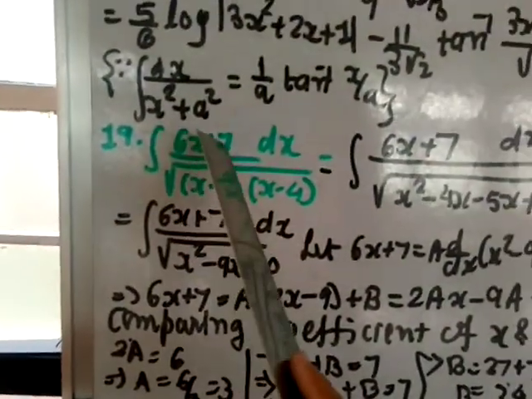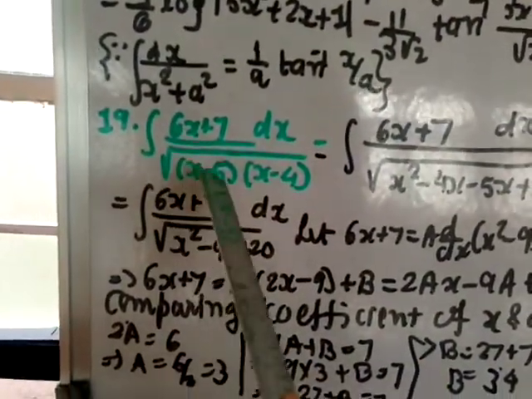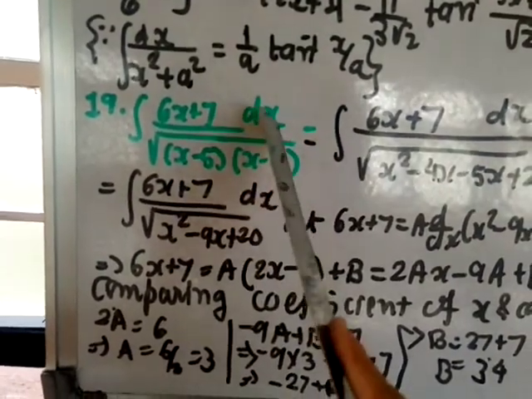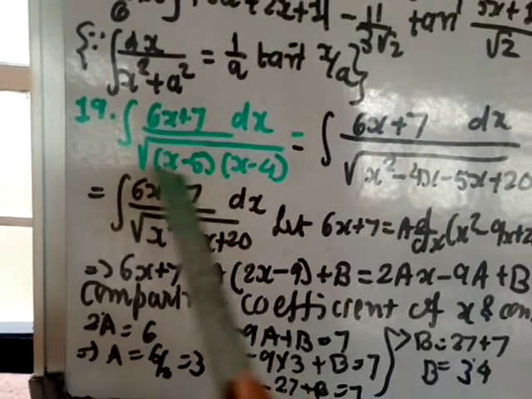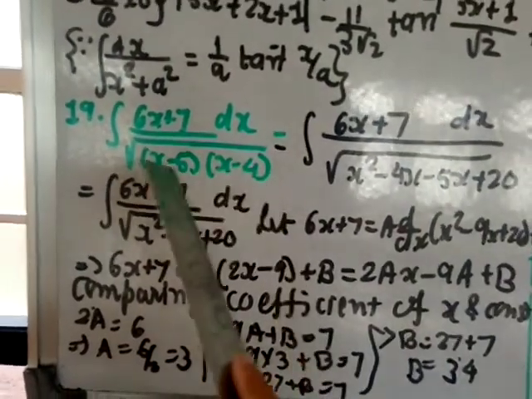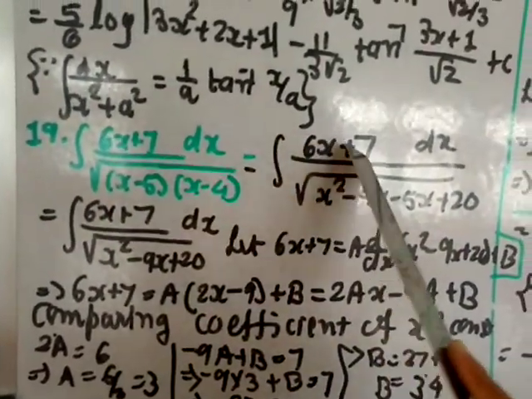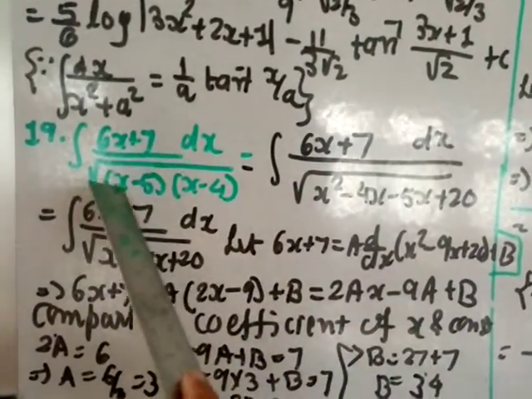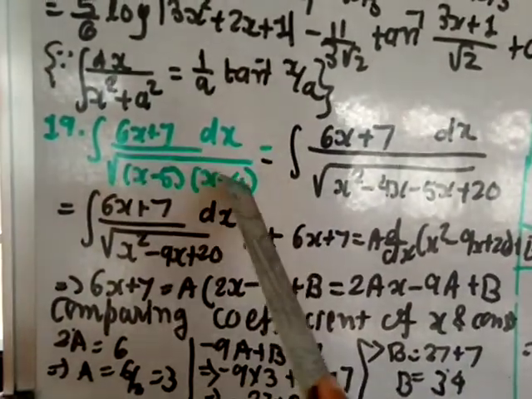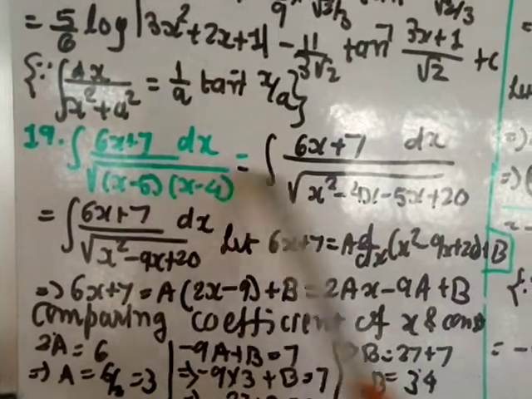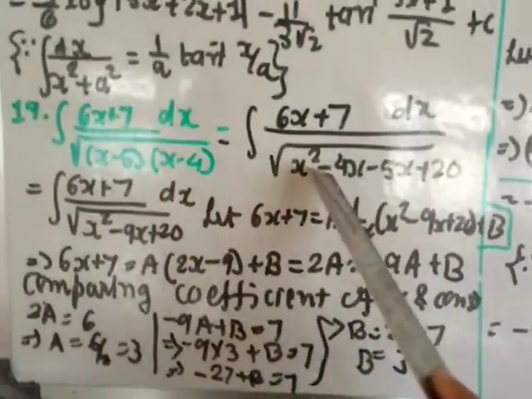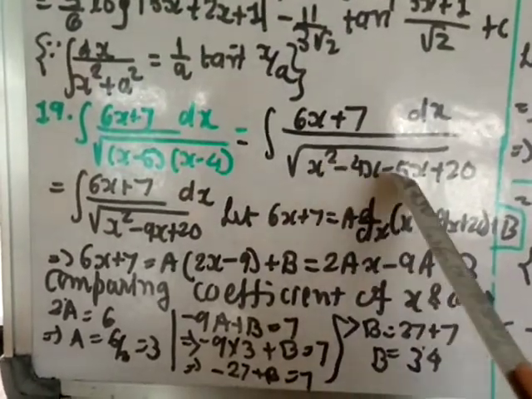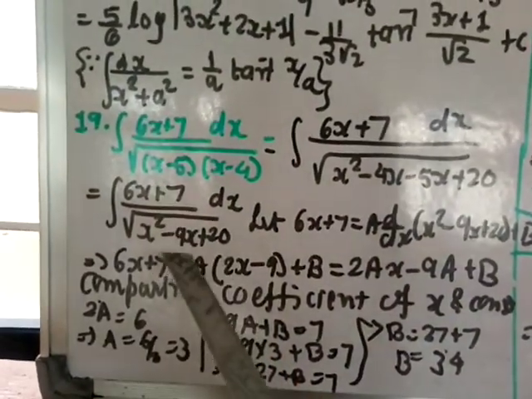Question number 19. Integral 6x plus 7 divided by square root of x minus 5 into x minus 4 dx. This also we are going to use the same method. But first I will make this a quadratic polynomial, so I will multiply this. So 6x plus 7 dx divided by x into x square, x into 4 minus 4x, 5 into x is minus 5, minus 4 into minus 5 is plus 20. Minus 5 plus 5, minus 4 plus 5 gives you minus 9, numerator as it is, so x square